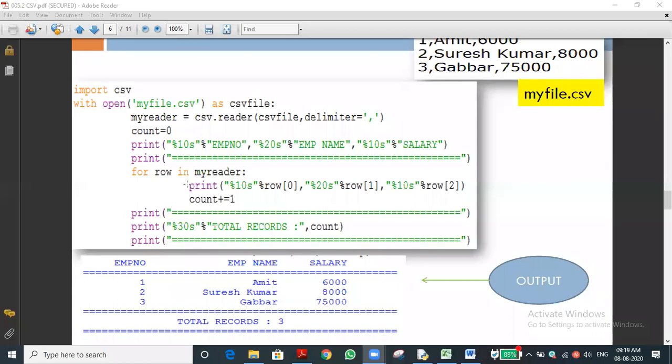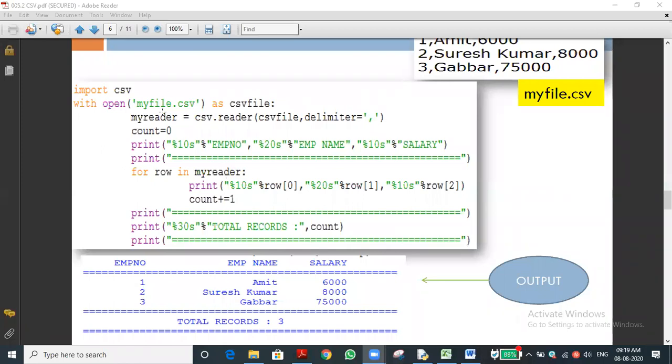Till the number of rows the loop will execute. In the starting we used "for i in A", where A may be a list, so the loop executes as many times as there are elements in the list. Likewise, row is a variable we assign in order to access the data from my reader. What is my reader?